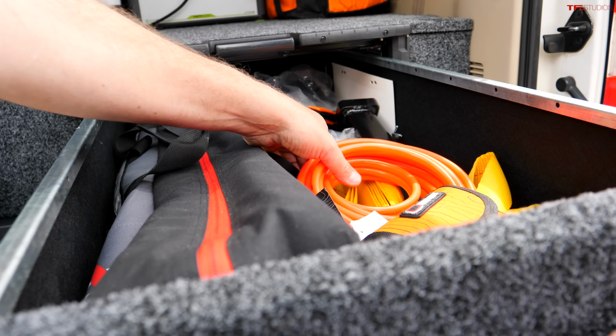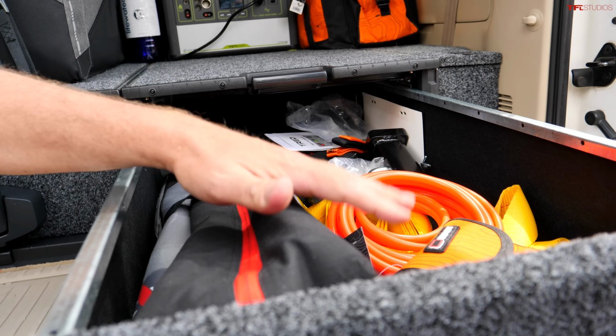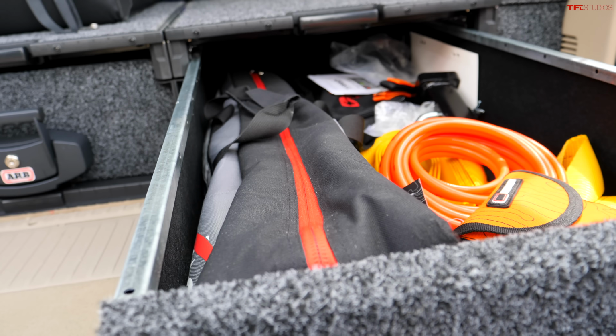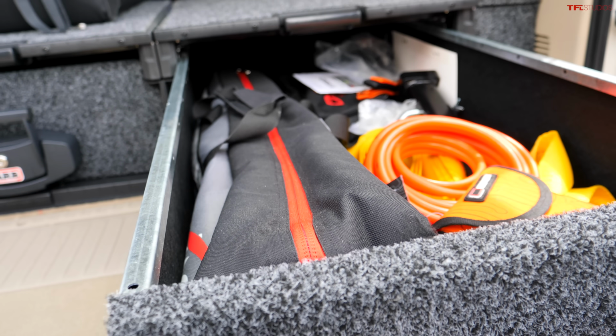Very cool. You got your gear, the hoses, obviously. Some straps. And this is your jack, right? That's the ARB jack, and it comes with a little stand too. But it's hydraulic, which is kind of